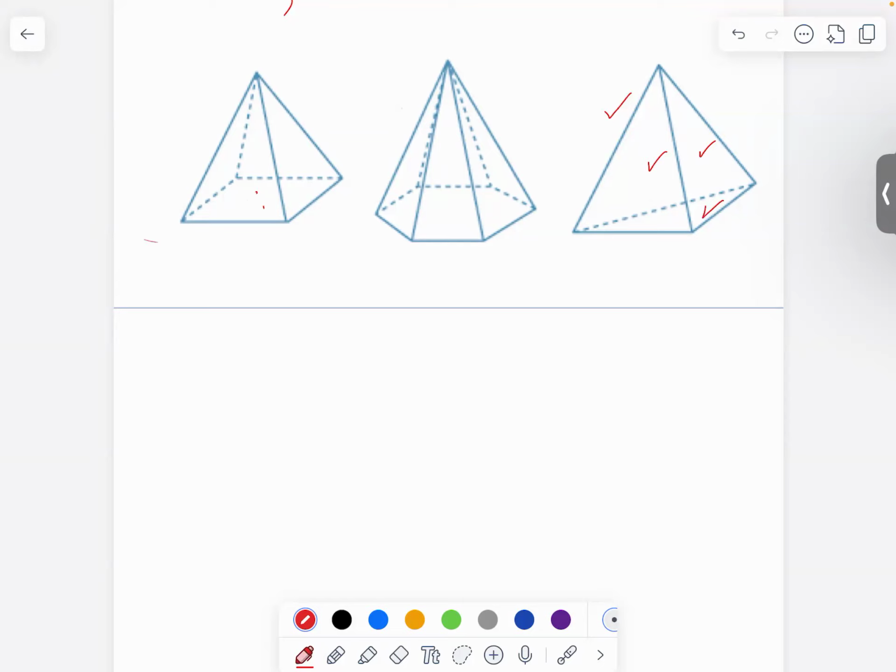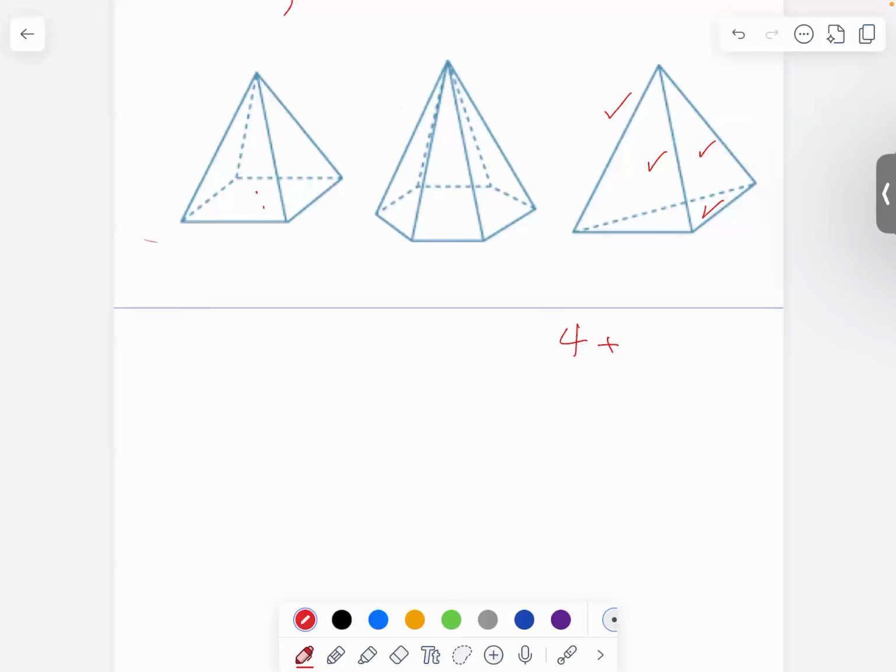Okay. How many faces do you see for this geometrical object? Do you know the meaning of the face? Yeah, for down, here, here, and the one behind that. Yeah. So 4